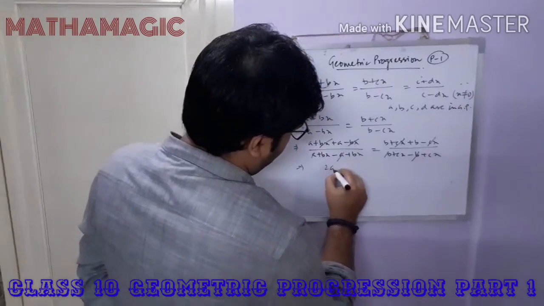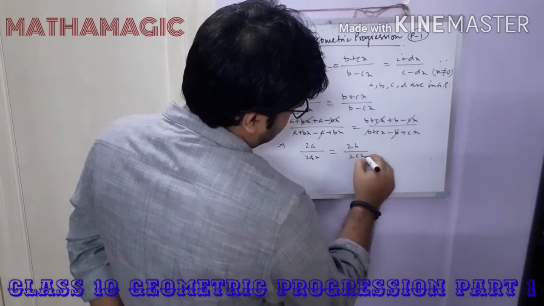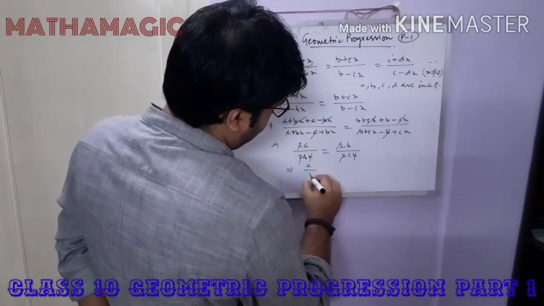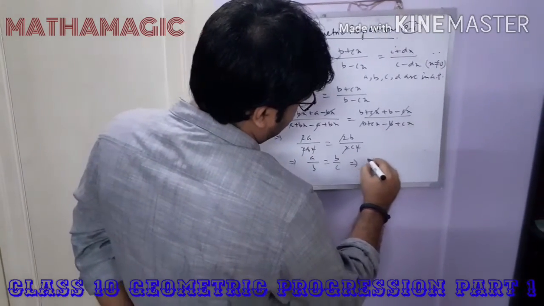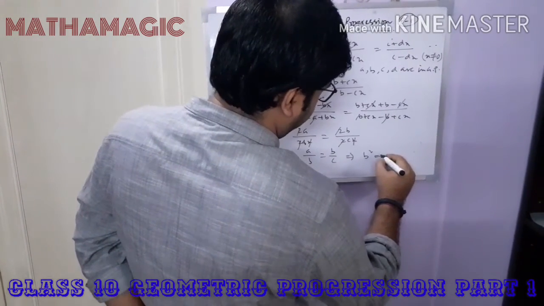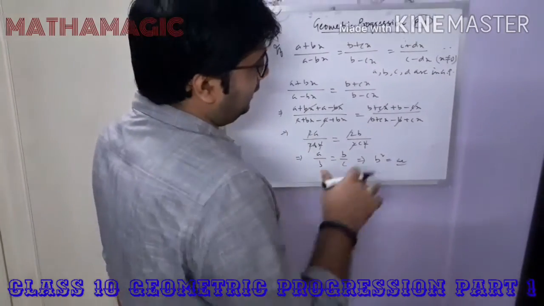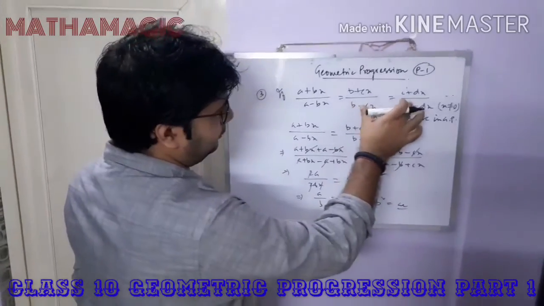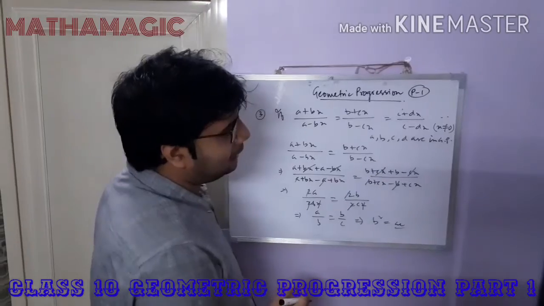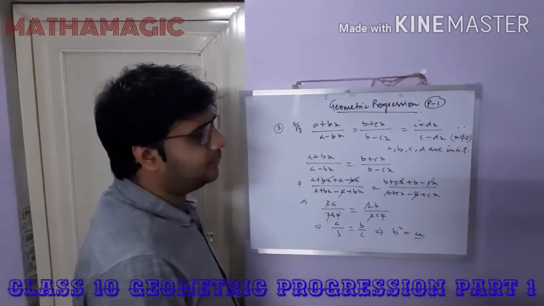So it will be 2a by 2bx equals 2b by 2cx. So 2 gets cancelled, x gets cancelled. So it will be a by b equals b by c. So we can write that b square equals ac. So easily we can say that a, b, c are in GP. In a similar format, by using the next two ratios, the same procedure should be followed, you can find that b, c, d are in GP. If a, b, c are in GP and b, c, d are in GP, then definitely we can conclude that a, b, c, d are in GP.